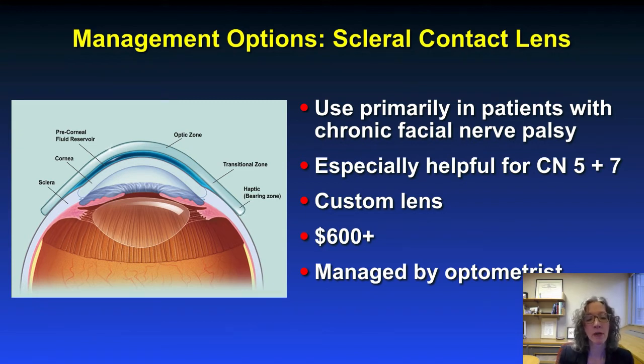For patients where a bandage lens is not enough, then there's the scleral lens option. We use this primarily in patients who have chronic facial nerve palsy, and it's especially helpful for patients who have both absent corneal sensation and difficulty with eyelid closure, so cranial nerve 5 and 7 combined. These are custom contact lenses that cost $600 or more, and I manage these with the help of the optometrists